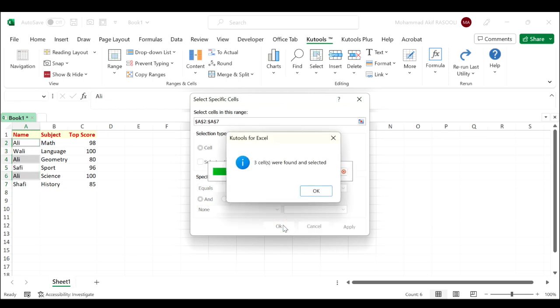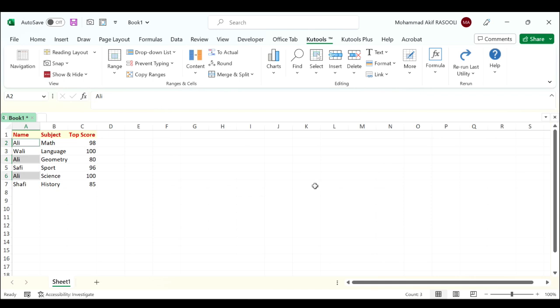Then a dialog pops out to tell you the total number of cells that contain the certain text, and those cells are selected at the same time. Click the OK button. As you can see, all the